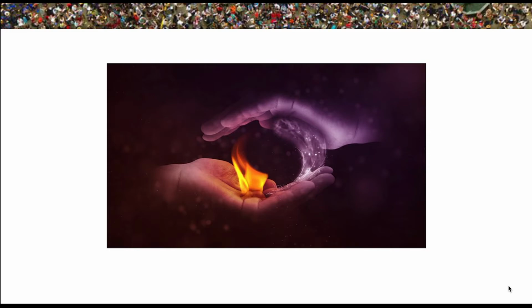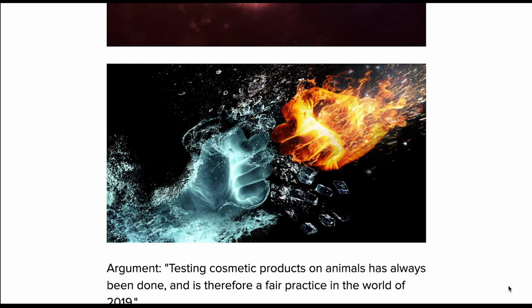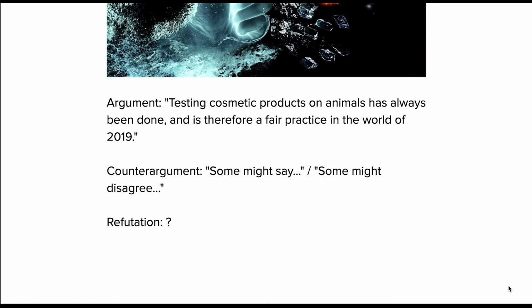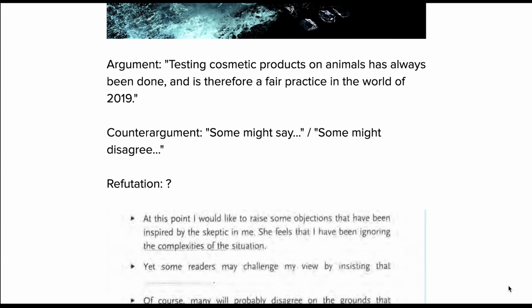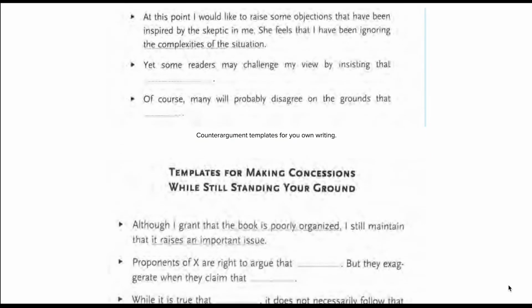But anyways, a counterargument is all about finding balance. So you see this diagram, fire and water. It's about finding balance. It's about being fair. It's about being ethical. You don't want to do what's called a straw man argument, where you incorrectly say that someone would disagree with you on grounds when they really wouldn't. When you hold up a fake, plastic, false argument that someone else might say, and pretend that's an accurate statement of their point of view or their values when it's really not.